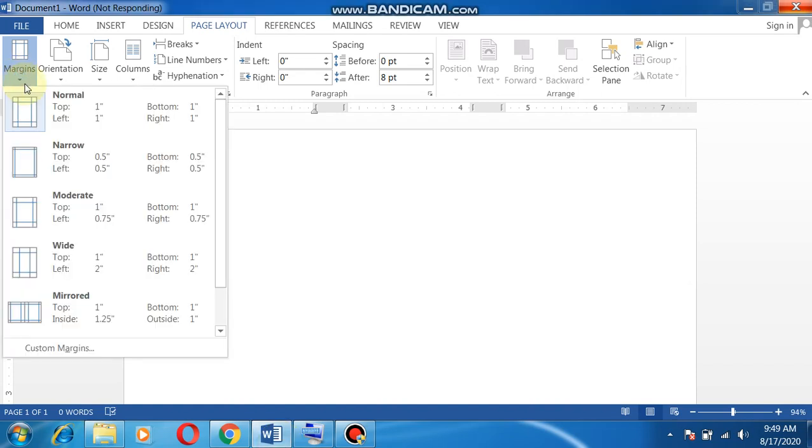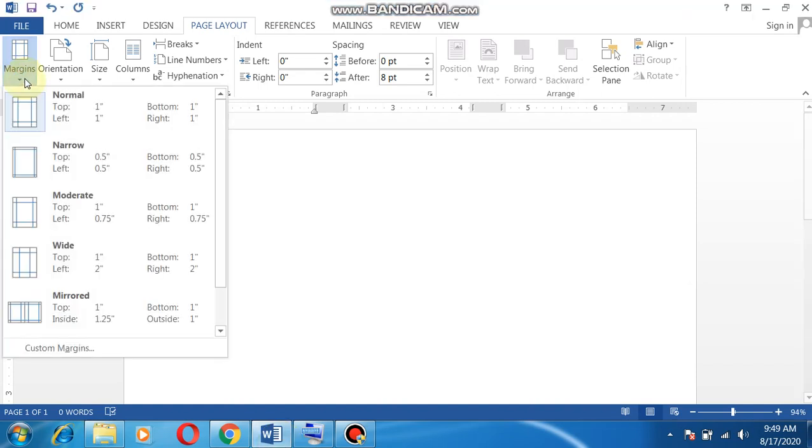And just wait for a few seconds. You will see that the margins will appear. Now here you can see top, bottom, left and right 1 inch margin.